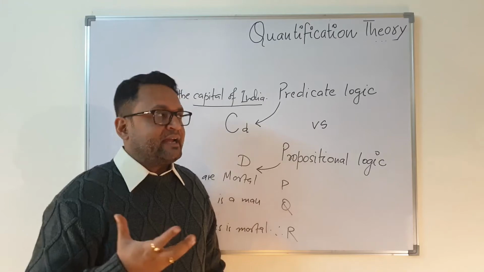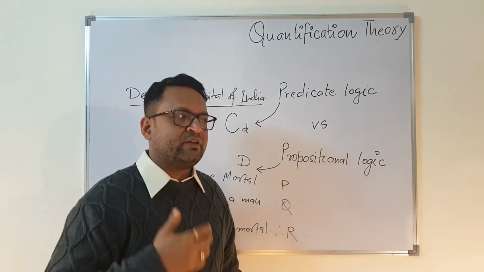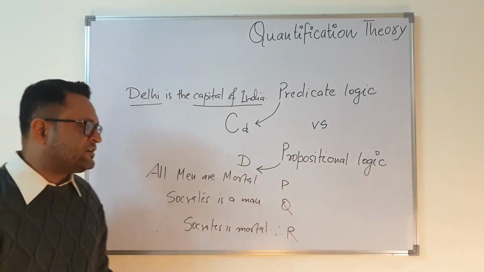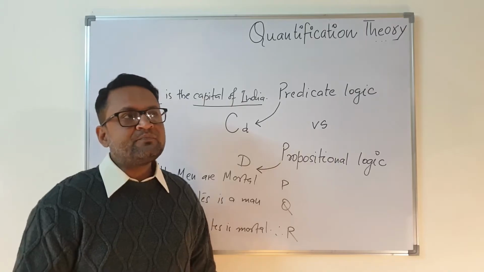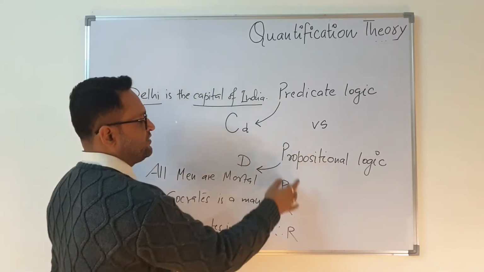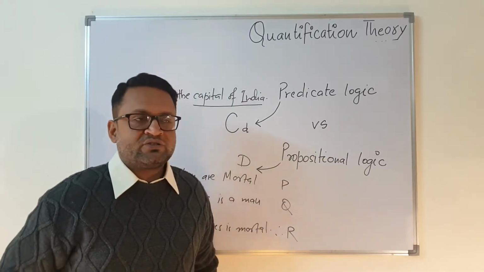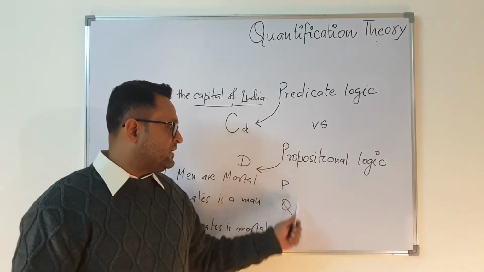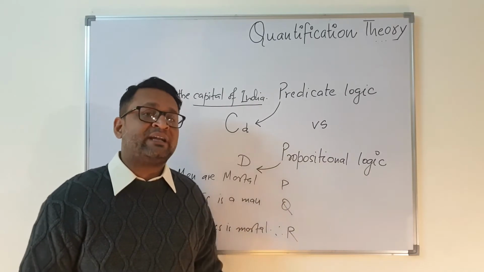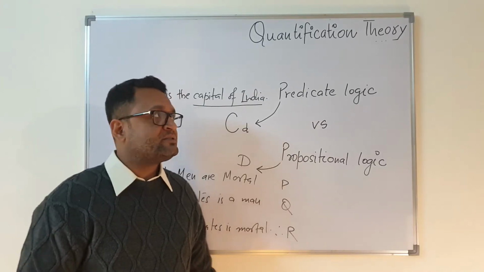In order to understand and appreciate this, because we have also worked on syllogistic logic, we have already solved questions on syllogistic logic, and we know that this kind of argument will be a valid argument. But then if we use the rules of propositional logic, they will be symbolized as P, Q and R, and from there you will not come out with a conclusion. It is impossible to find the conclusion R from P and Q. So it will make this argument an invalid argument. But that is not the truth, right? So we need to